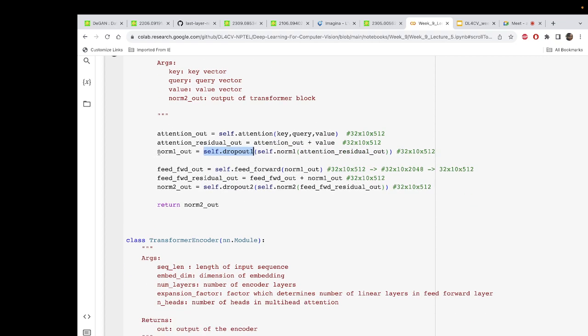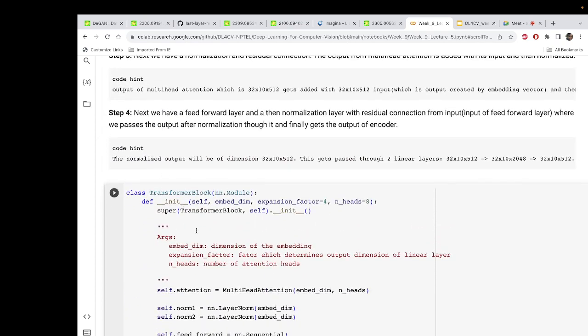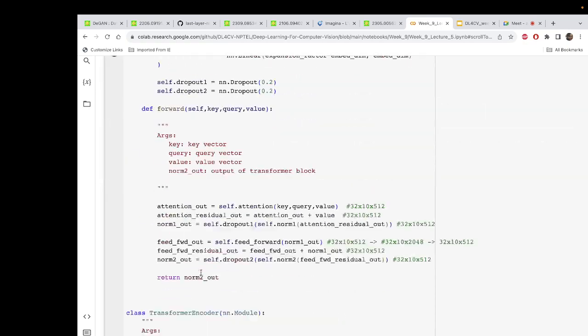And then this norm 1 out variable we pass through a feed forward neural network. Then we again compute the residual of this, and finally we do layer norm again with the norm 2 here. These two are different layer norms, please take care of that. That is performed and that becomes the output of the encoder. This is an encoder transformer block,